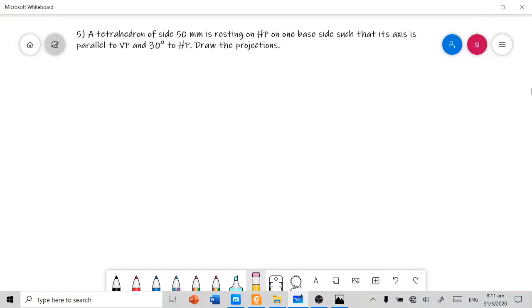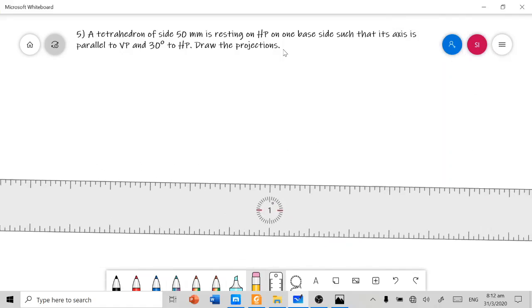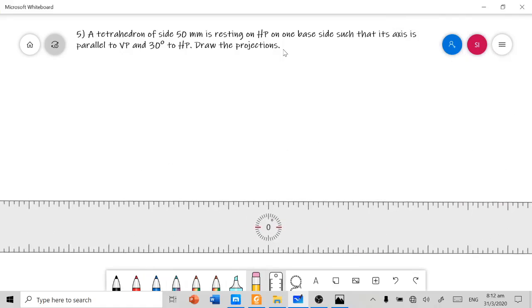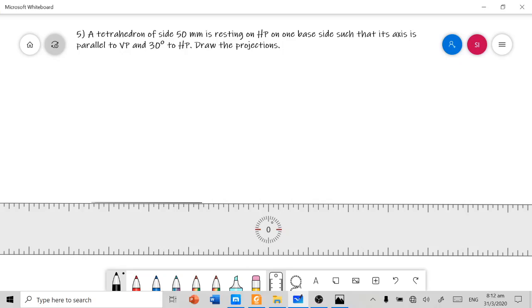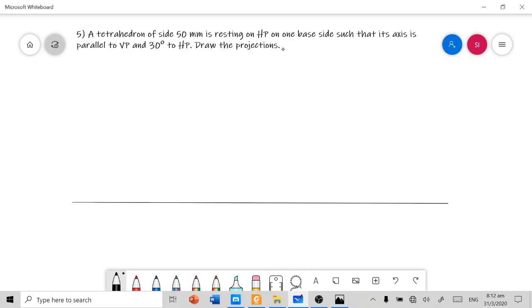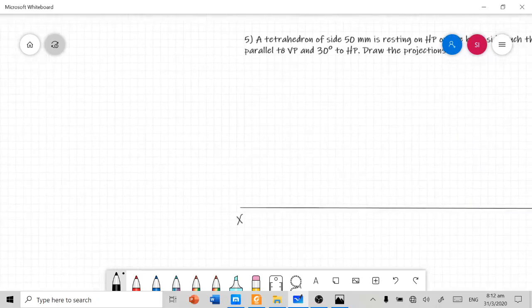Yes. The problem, I have already told you. A tetrahedron of side 50 mm resting on HP on one base side such that its axis is parallel to VP and 30 degrees to HP. Draw the projection. This is what we need to solve. And first you need to draw the XY line. And then